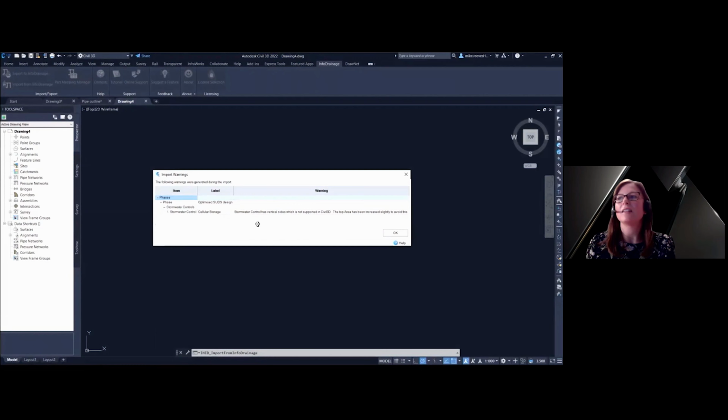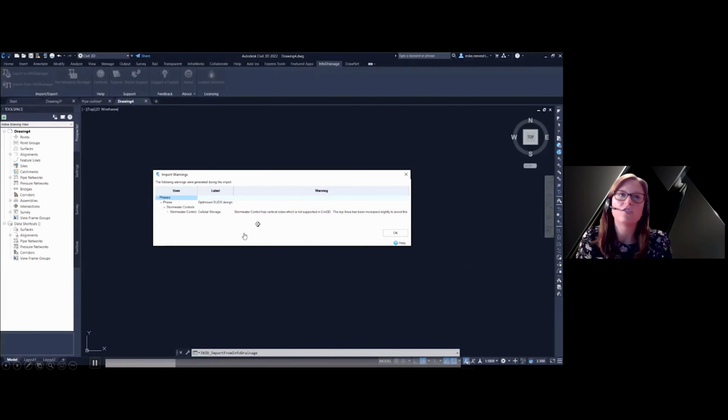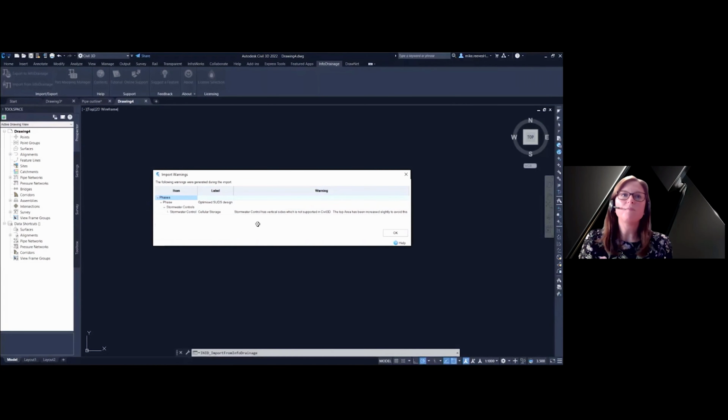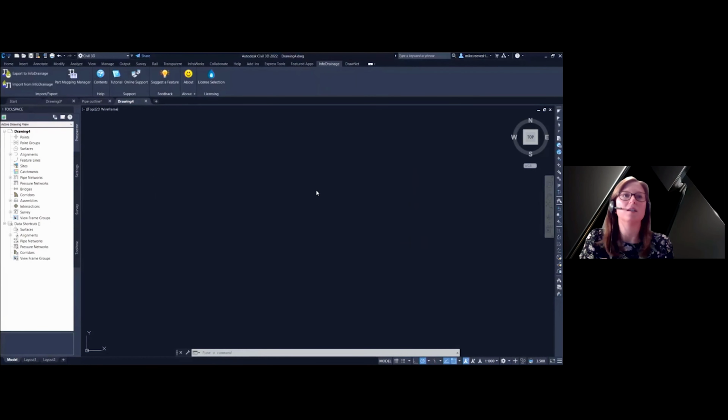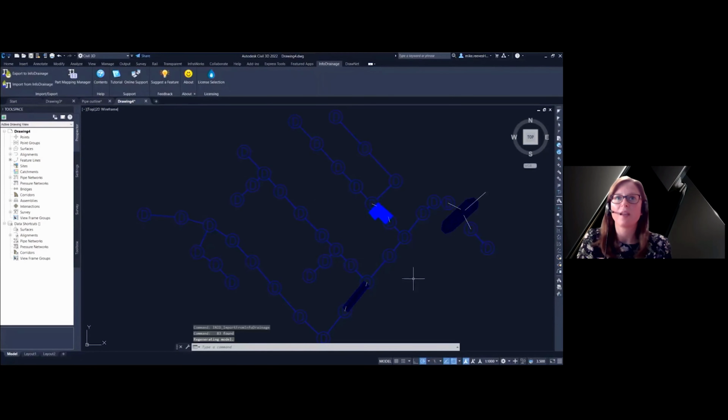We can see that there's a warning on import because there's a cellular storage stormwater control, and it has vertical sides. So we just make a tiny increment to the top area to ensure that that is supported within Civil 3D.